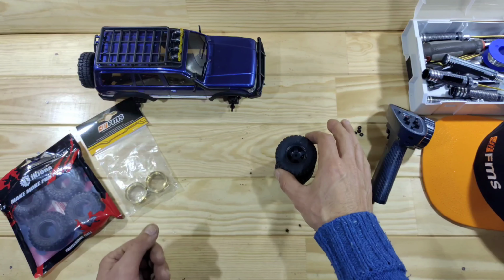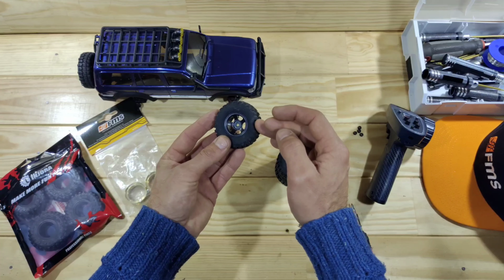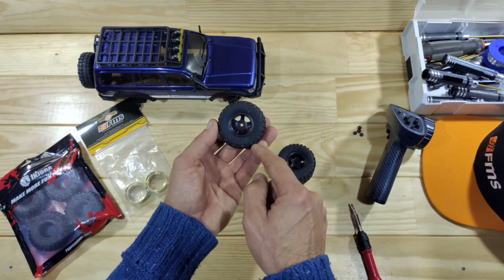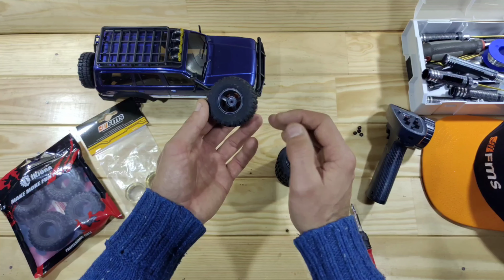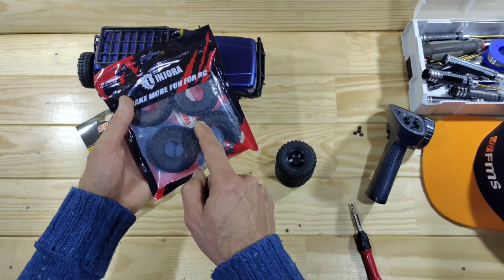So the next thing that we are going to address are the wheels and tires. Factory off, I don't like those. These are just too stiff, and they won't deform at all when you're driving over some boulders or over some obstacles. So the first thing you can do is just remove the foams inside here completely, or you can make V shapes all around in the foam, so it would be much more compressible than it is now. But what we are going to do is fit these new tires from Endura,